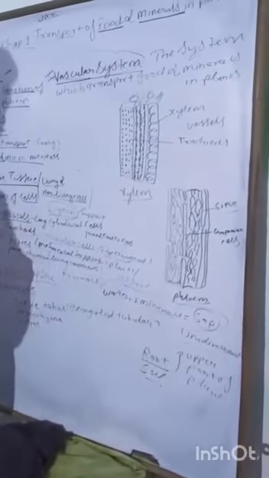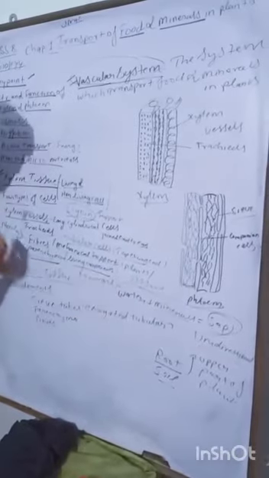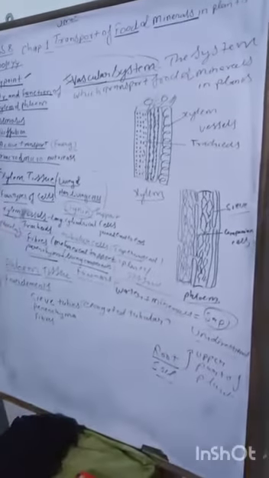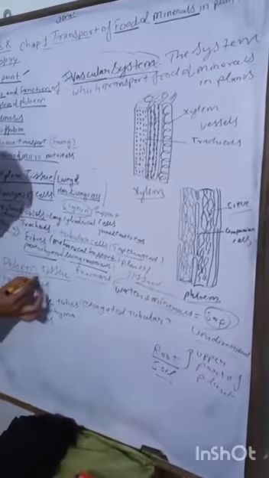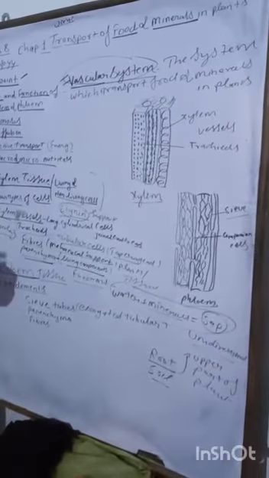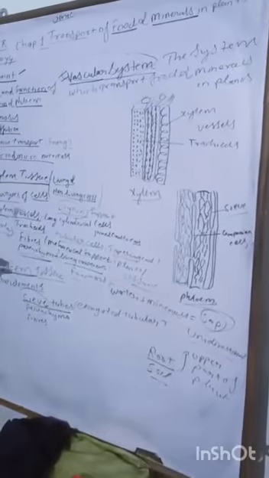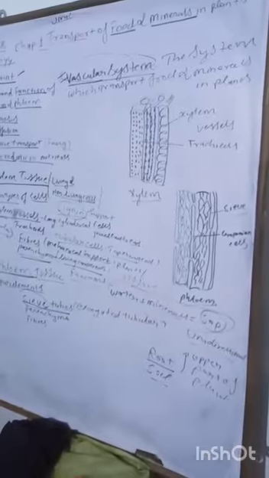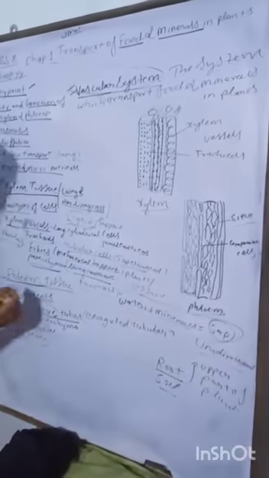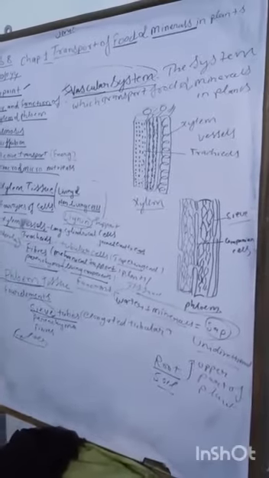Next, second is parenchyma cells, the living components of xylem, which help to provide support to this tissue. Next is phloem tissue, which likewise has four elements. First is sieve tubes. Students, we also know the word sieve. Sieve means a filter, which we use at home to filter tea and other things.